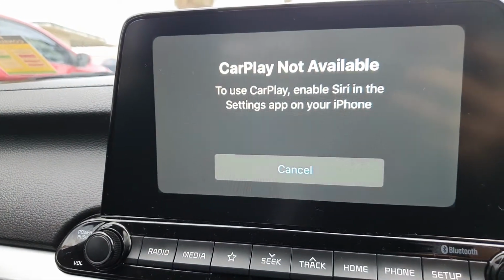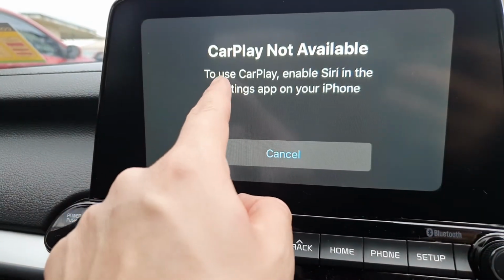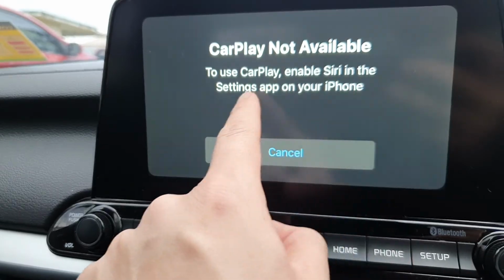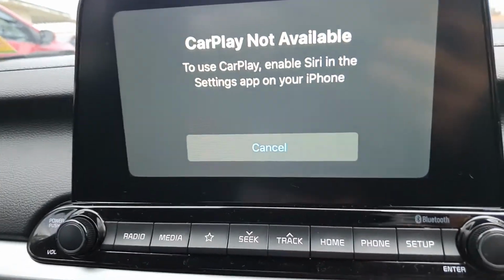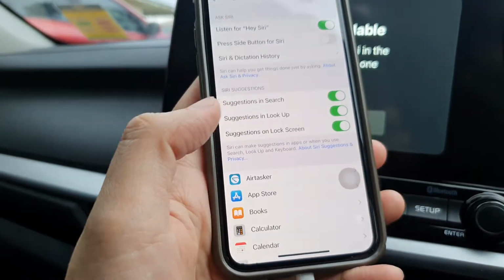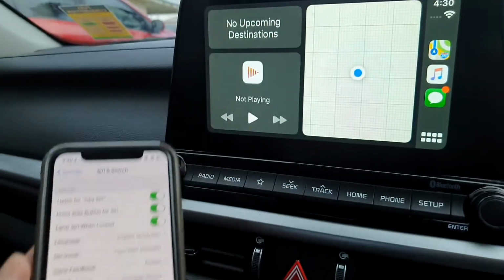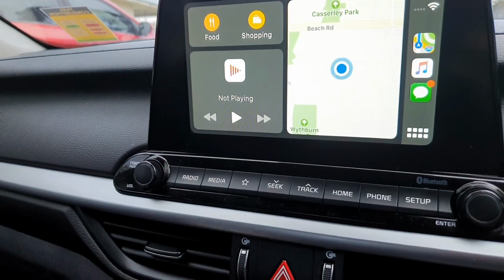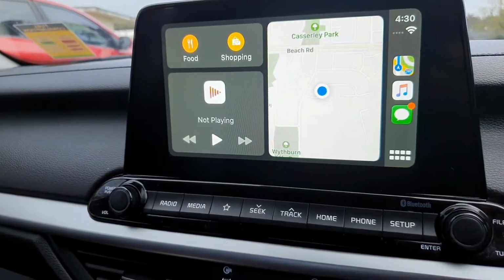So you tap on that and it says CarPlay not available. To use CarPlay, enable Siri on the settings app on your iPhone. Okay, so I will enable Siri like they ask. Okay, so there it is. So here we got the maps on Apple CarPlay,